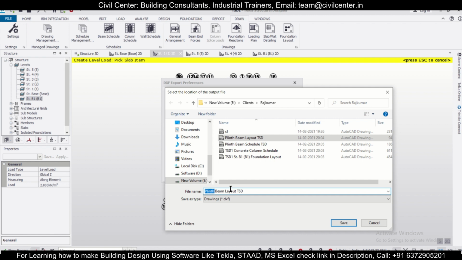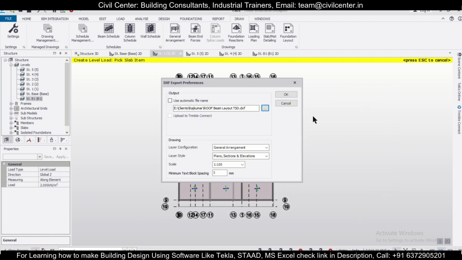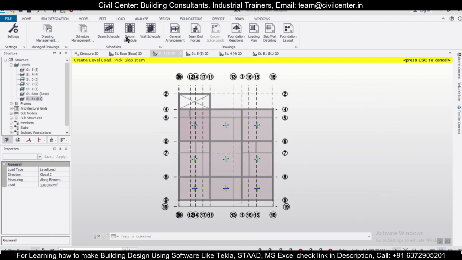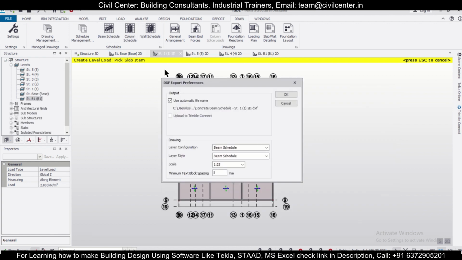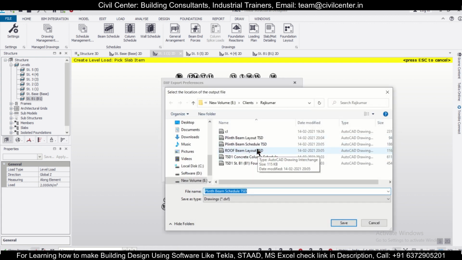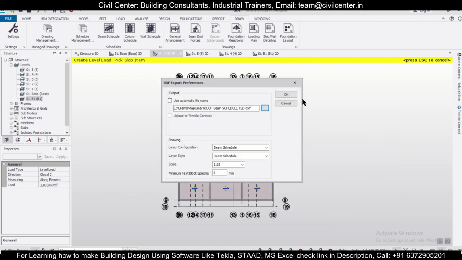This will be roof beam layout THD, okay. And then the beam schedule, and we'll just do this as roof beam schedule THD, okay.